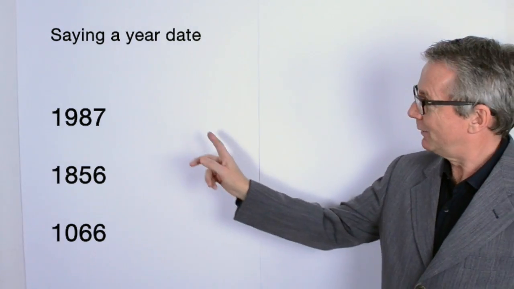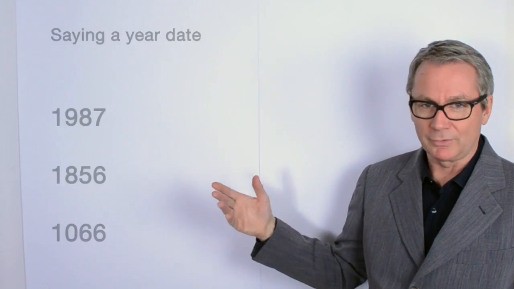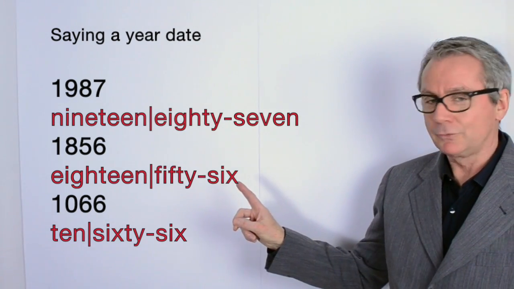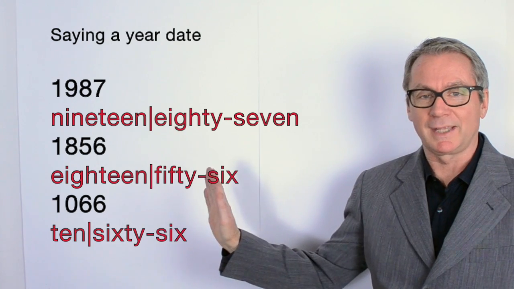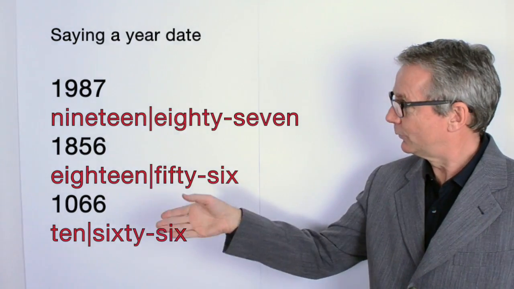Okay, so here we have, what is it? 1987? No. We divide it. The two parts are divided into 19 87. And here's one,